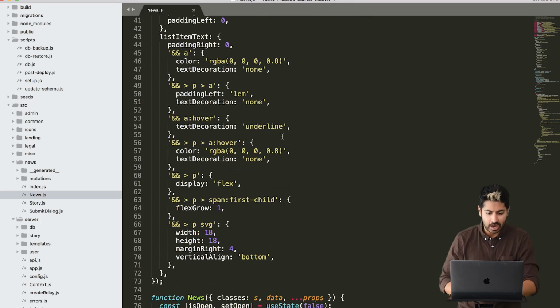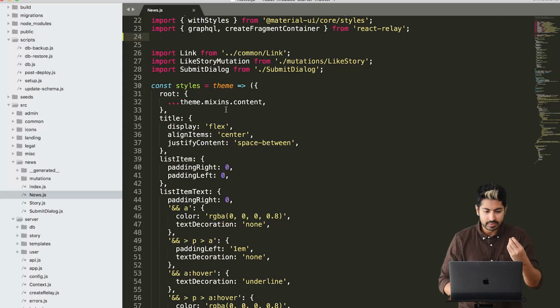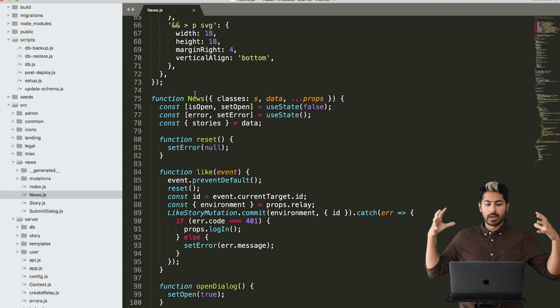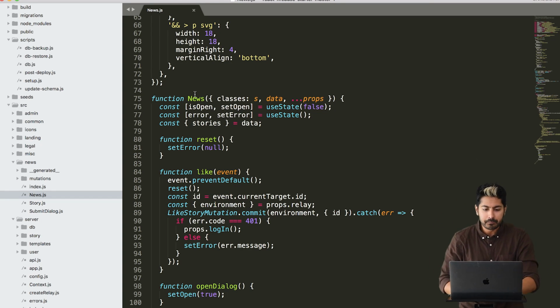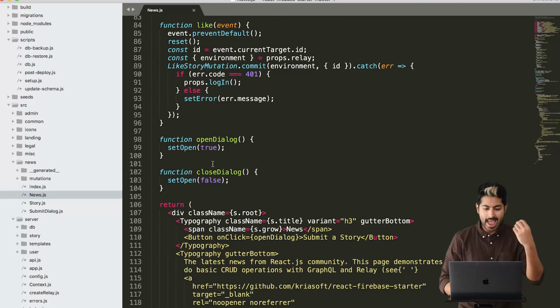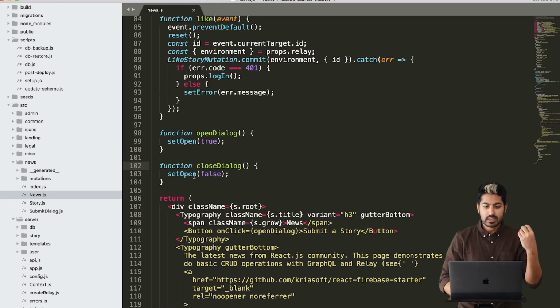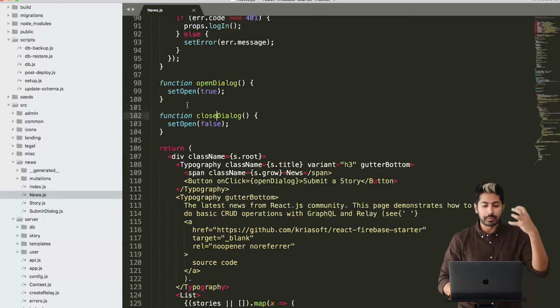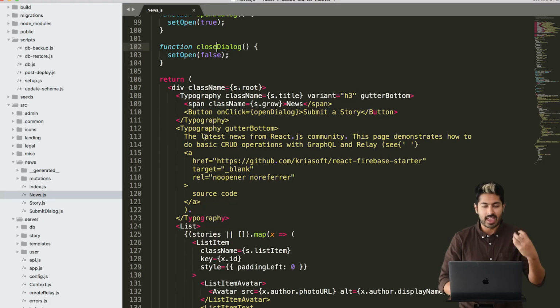These are CSS styles, but in the React way of doing things. We create it as a constant that we then call later on in the code. Remember, CSS, JS, and HTML all in the same file. And then we have a bunch of functions like the news function that has a bunch of event listeners, like if a dialog has opened, perform these actions. And when it returns, so for each of these functions, when we return, that is where the JSX code goes